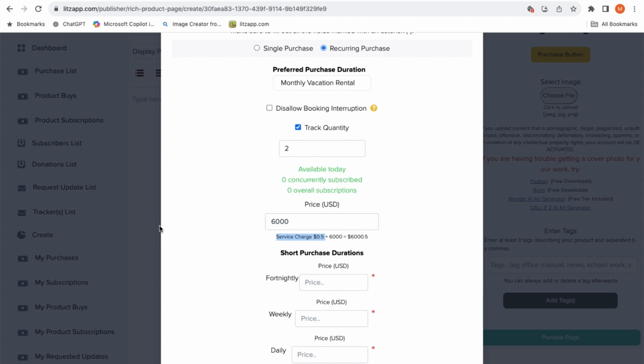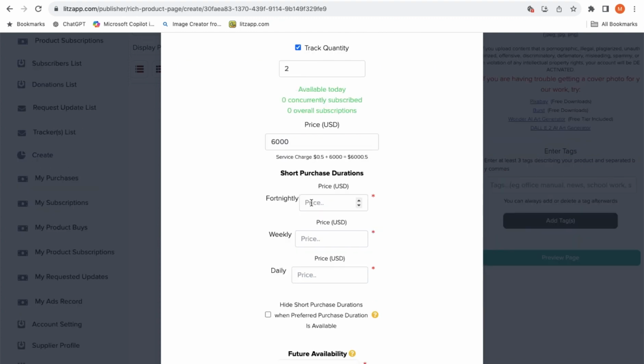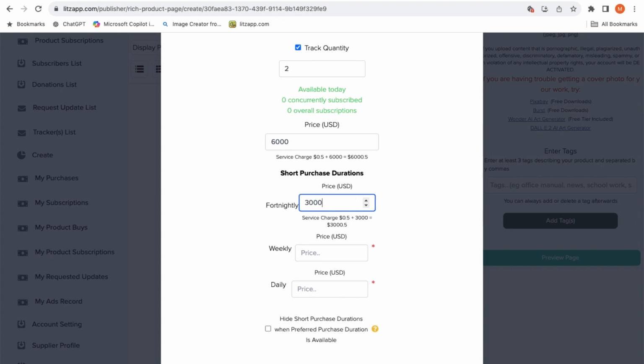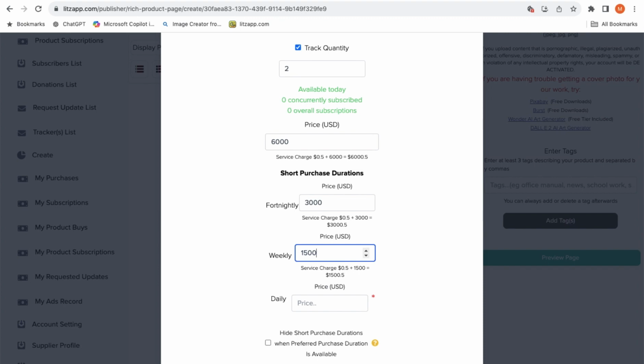Since we chose monthly vacation rental, if there are gaps between 2 monthly bookings that are 29 days or shorter and do not allow for an entire month, 30 days of booking, shorter duration bookings would be useful to ensure there is no downtime between 2 monthly bookings. This is why you see short purchase durations on the screen. It allows for gaps of 29 days or shorter to be booked on a fortnightly, 14 days, weekly, 7 days,